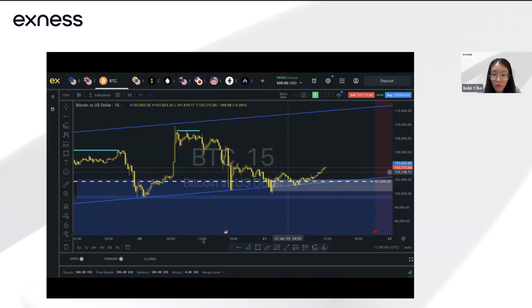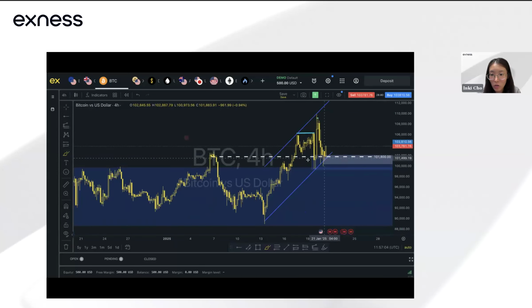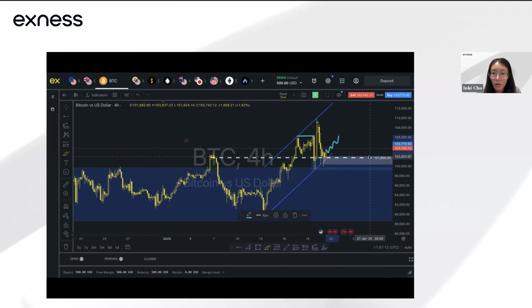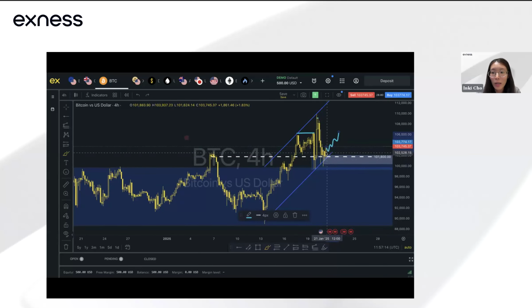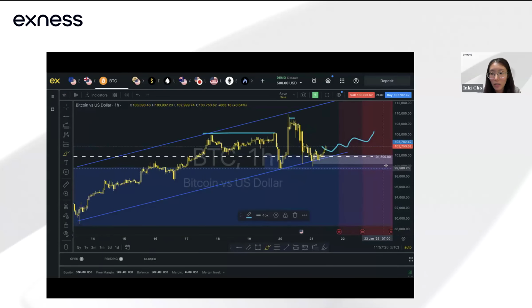So for me, on the lower time frame, there's a potential shift in structure. But more importantly, it's also following the higher time frame's move. We identified that it's on a potential daily support over here. So if we see that shift, I think there is a clearer sign if you're on the lower time frames, on the 15 minutes or even a 1 hour, you can see that price continues to form higher lows and higher highs. Then this is an indication that price is respecting the higher time frame support, and we could see potential for